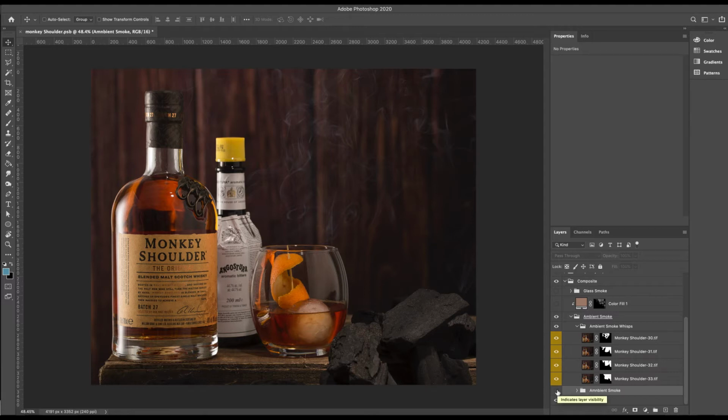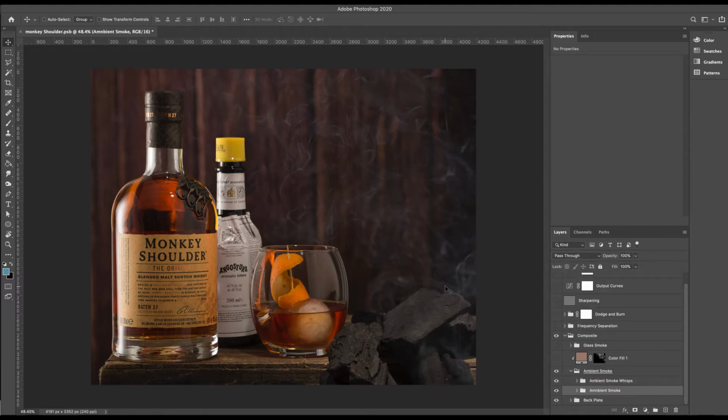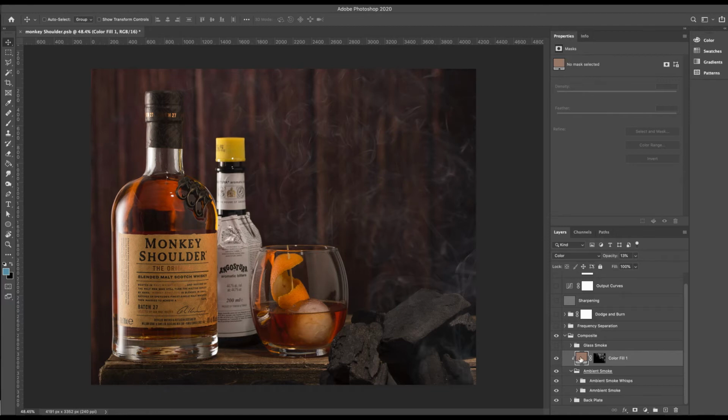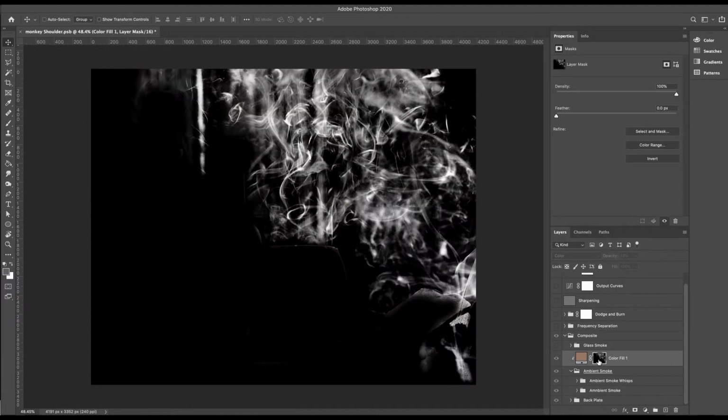However, the difference between the more billowing, smoky wisps in the background and the crisper, harder, more contrasty wisps is that the quality of the smoke is different because they're made by different types of incense, and they've got a slightly different color cast. And you probably can't see this on YouTube, but I absolutely can't tolerate it. So I've made a mask and I've sampled this color from an existing wisp of smoke and applied it as a solid color adjustment layer, set to color mode. It's only on 13%